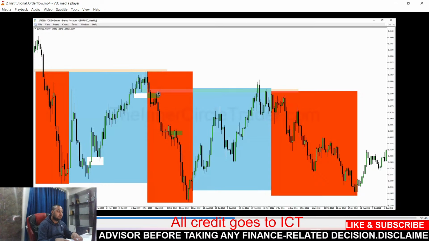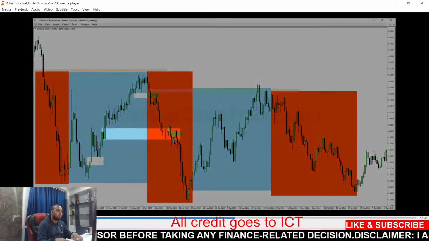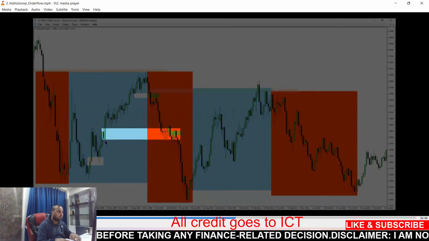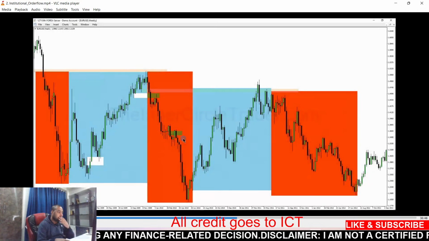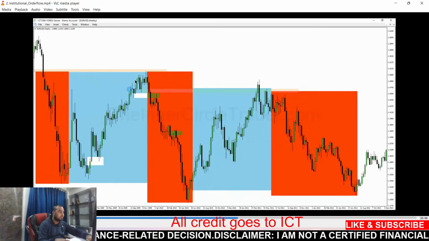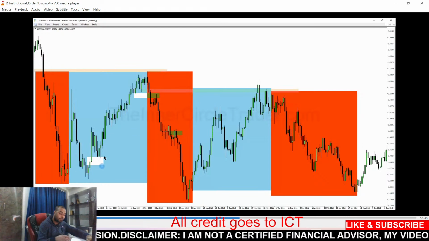And while they still may see price going here and selling, they have to take the orders off that they used over here that are long. That's why we're seeing that unwinding right here. Everything is going to be on the opposite side. Go over to the left side of the chart, and you'll see whatever they did to go long, they're going to take that off on the sell side, which is the basis of a market maker sell profile, which is what this is. Consolidation, return to consolidation,